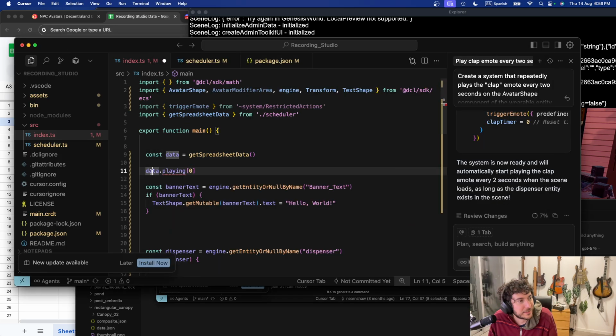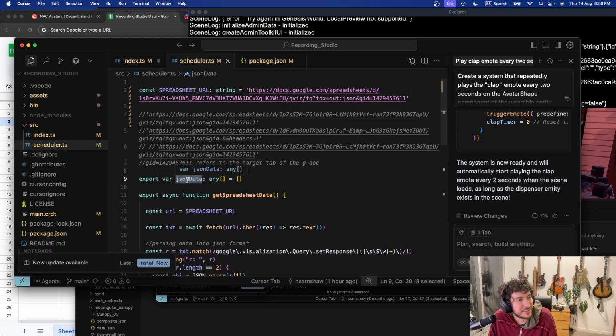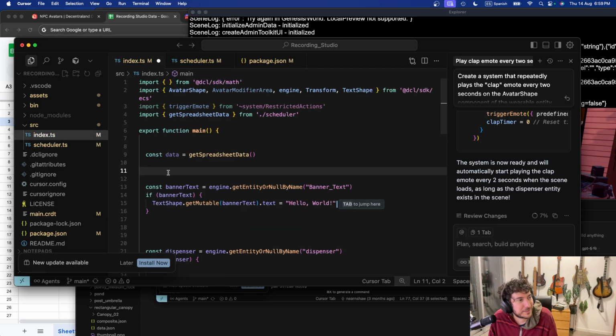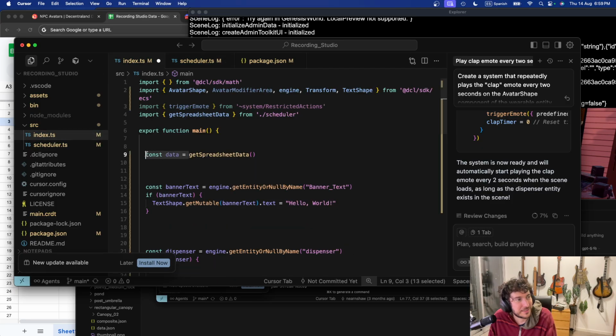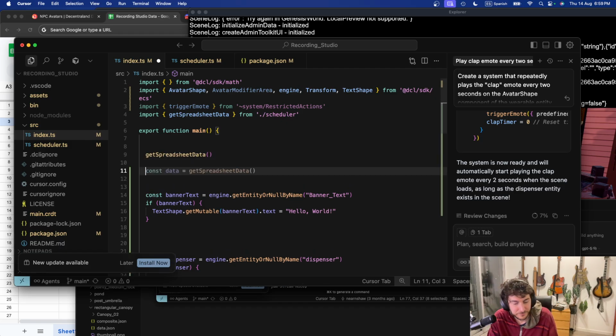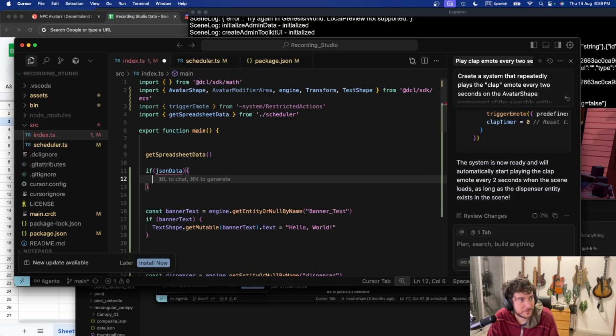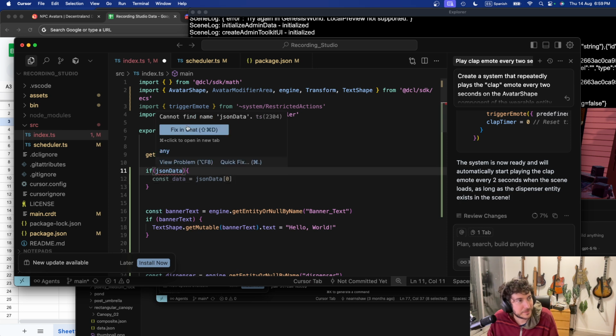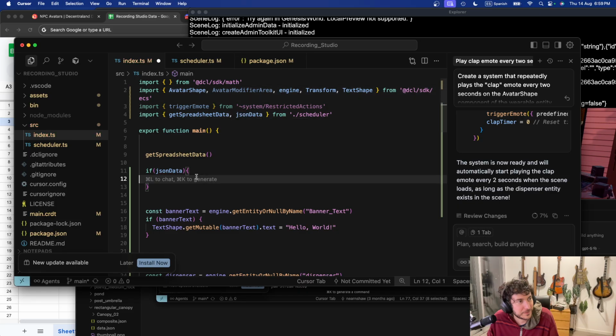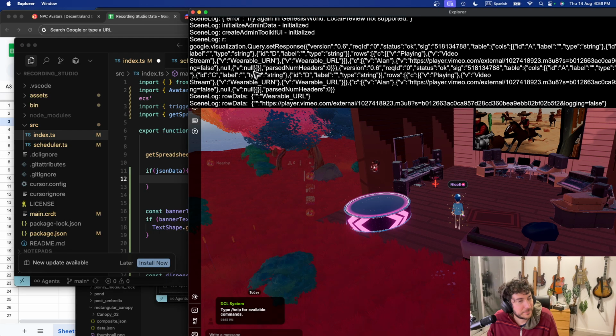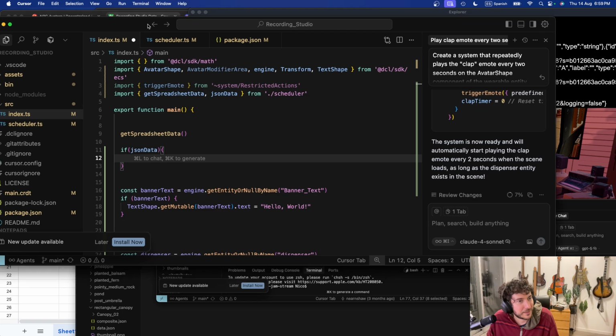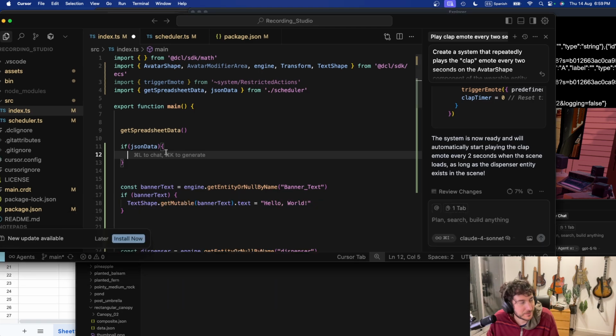I'm actually not using the response of this function. I rather should be using this object that I save here. So instead, let's import. I actually don't need this then. And let's import it from here. Yes. And copying from my other scene, what I should do is